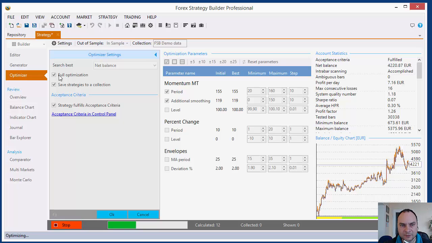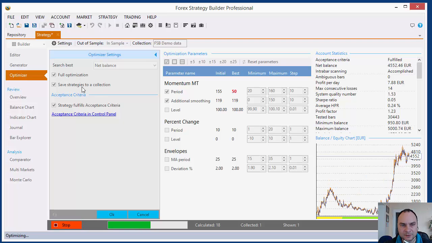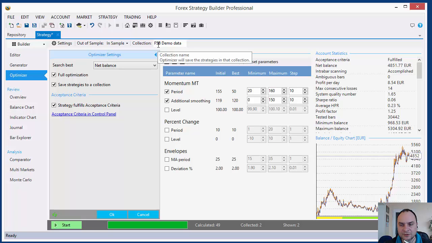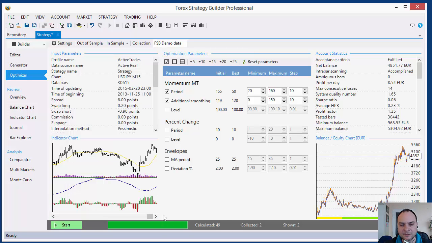What options do I have in the optimizer? Full optimization, save strategy to collection. I forgot to set here a collection, but never mind. It puts these optimized strategies in a new collection. The optimization was very fast and it improves the strategy, but I don't like this shape of the chart, so